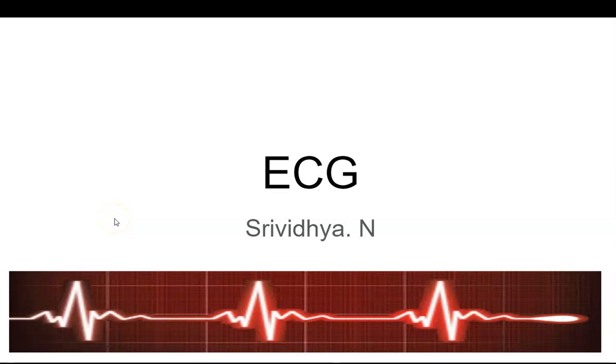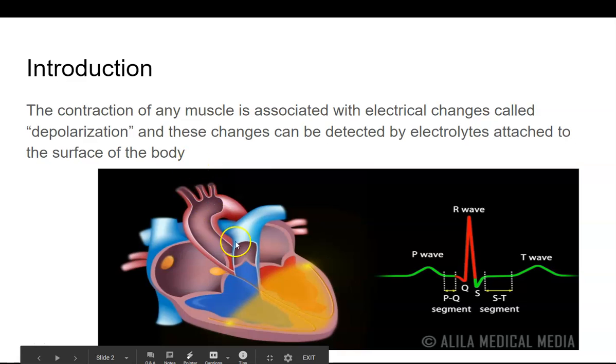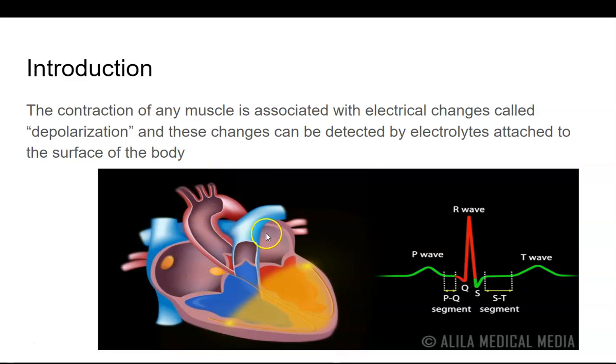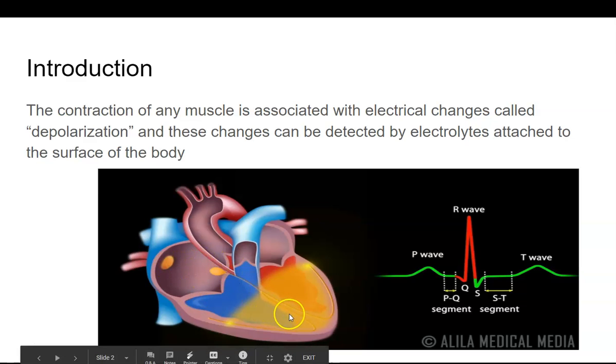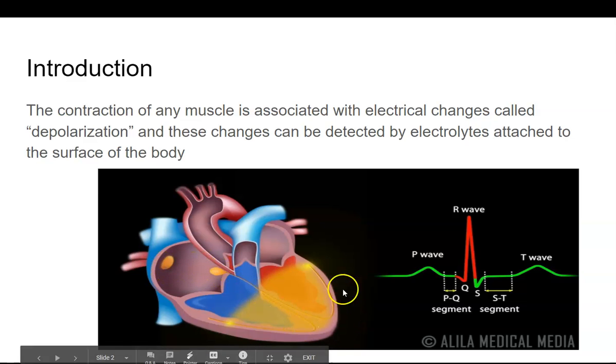Today's topic is ECG, electrocardiogram. Before we see about the electrocardiogram, we should know the basic conductive system of the heart. The SA node, AV node, bundle of His, and Purkinje fibers come under the conductive system of the heart. When electrical impulses travel in these areas, they are represented in our